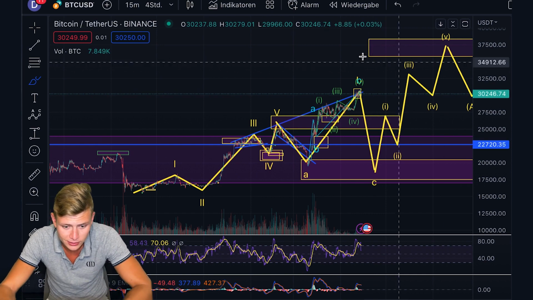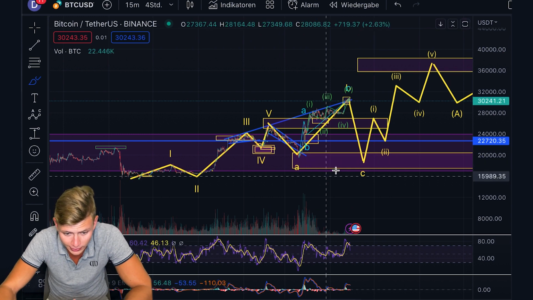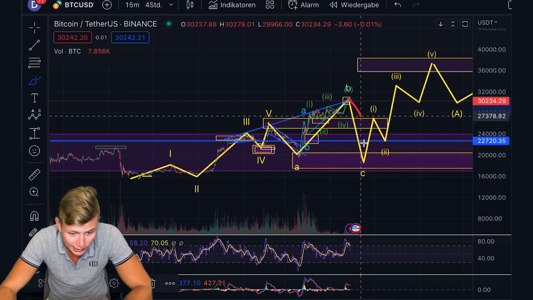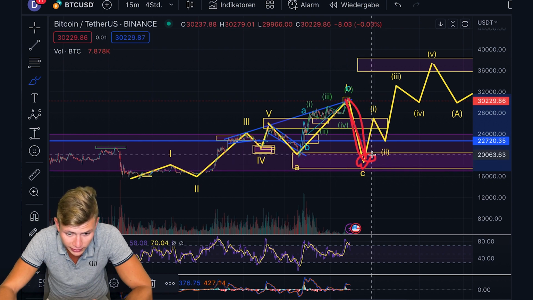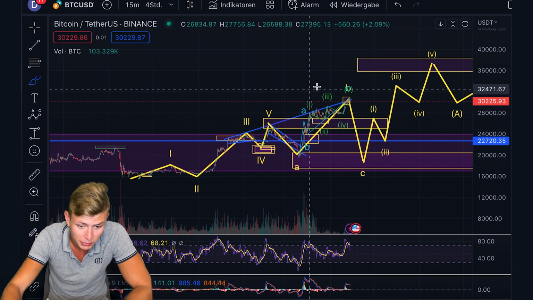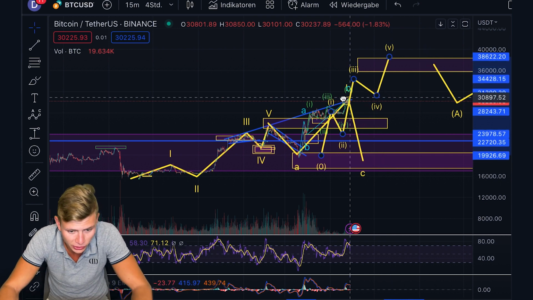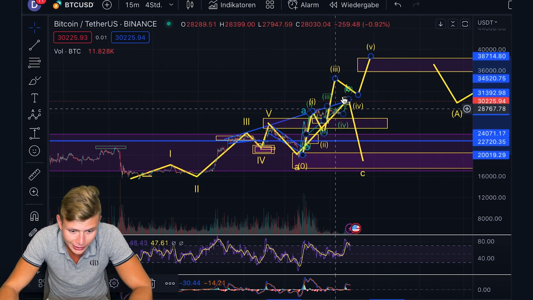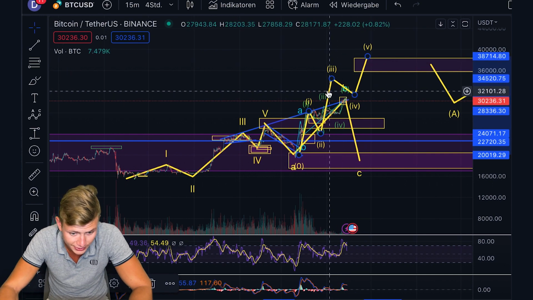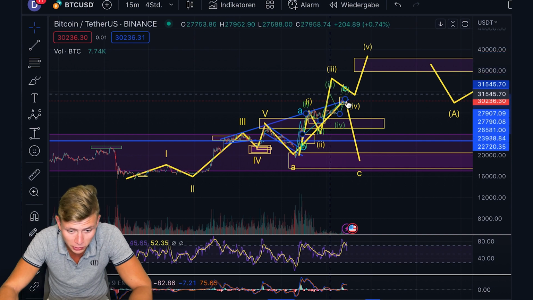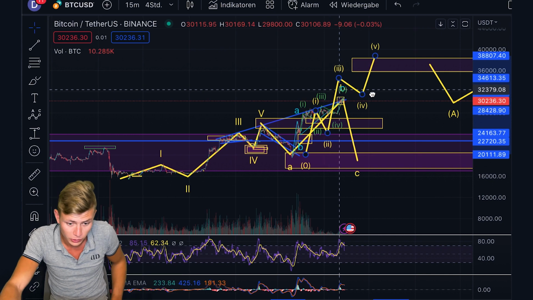So I want to stay here on the sidelines for a little bit more time and watch what's up here right now, because there is still the option that we are coming down now in the C wave to the bearish target here between the 17,500 and the 19,500. But there is also the option, and I want to underline that it is possible, of course, that we are in this 5-wave move up already towards 36 or 37,000 US dollars, and we need to be prepared for both of them. So that's why we cannot really be sure of what of those is happening.